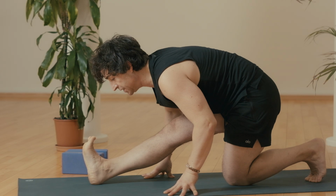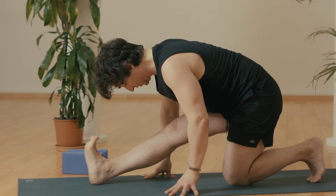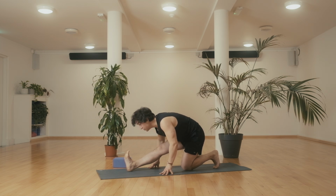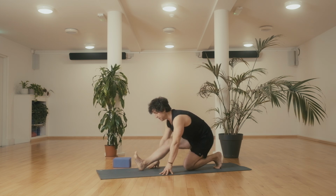There's a lot to happen in here. So you feel that alignment with the hips. I will normally draw my right hip back, left hip forward. And then fold in here. One more breath. Nice, everyone. And then from here, look up, inhale, draw, slowly sit over your left heel, bend your right knee,